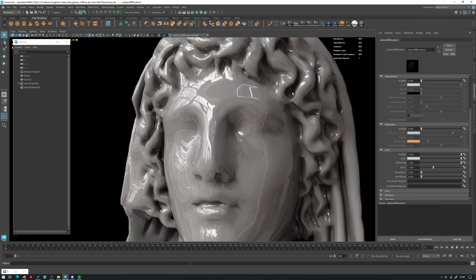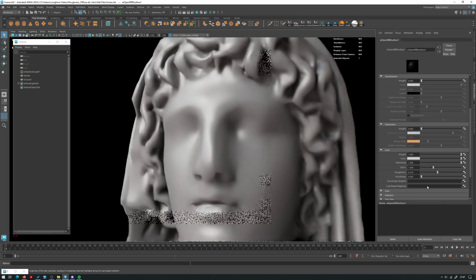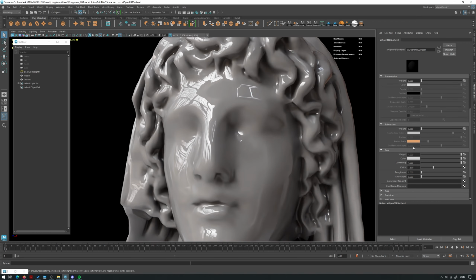There isn't literally a physical layer on top of here, but you can see it simulating that, or kind of like a glazed clay pot or something like that. You can also adjust the roughness of this coating as well. So I could put that all the way to 1 as well, if you wanted a slightly more rough varnished look. But that's what that's for, essentially, like varnished materials, or potentially like car paint that has an extra clear coat on top,